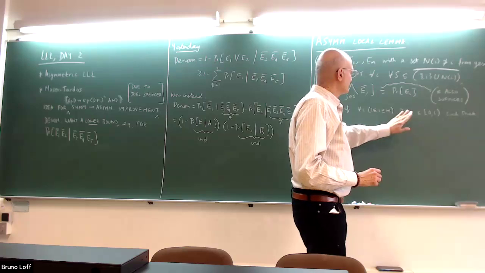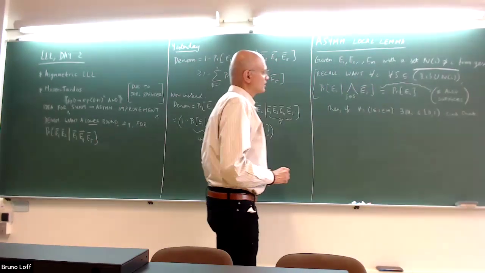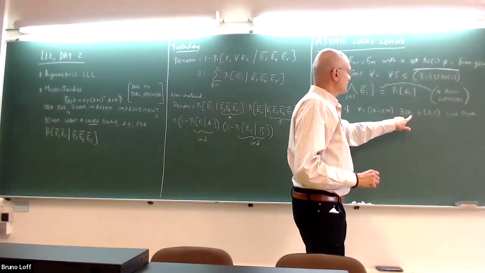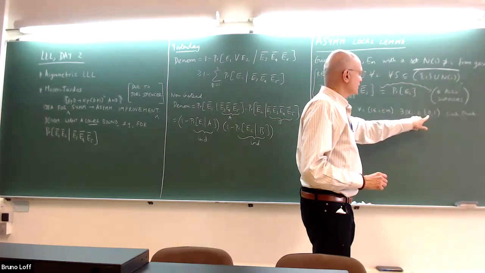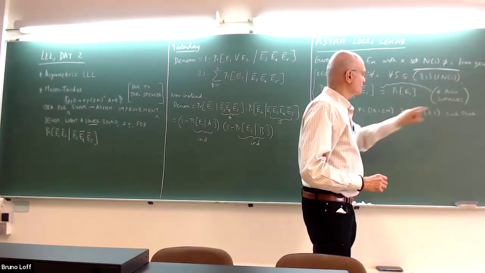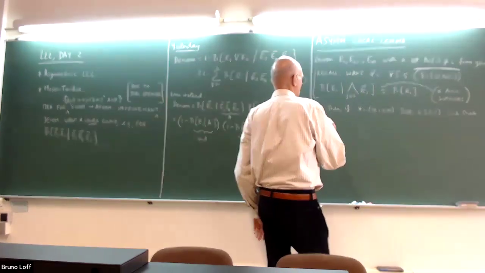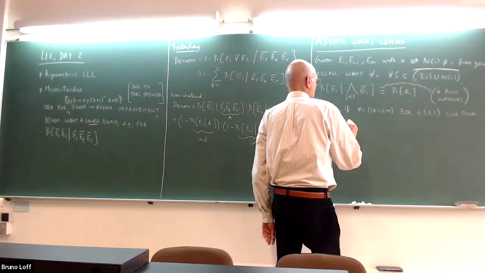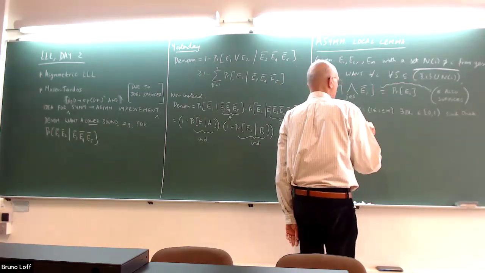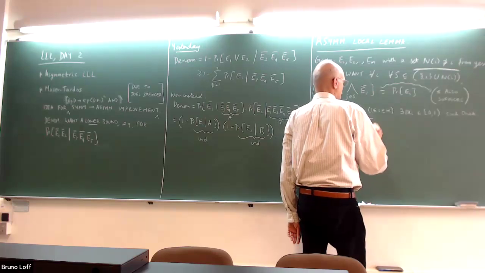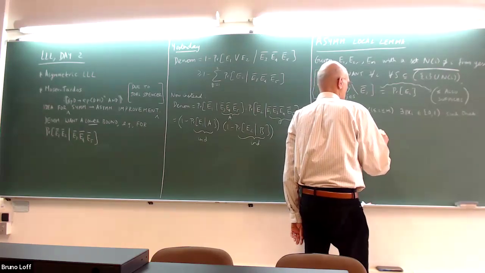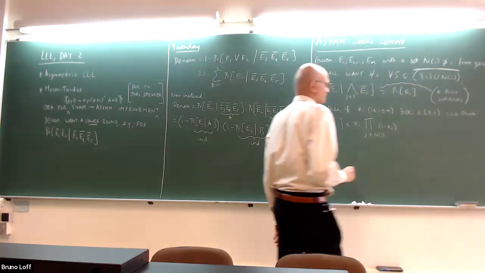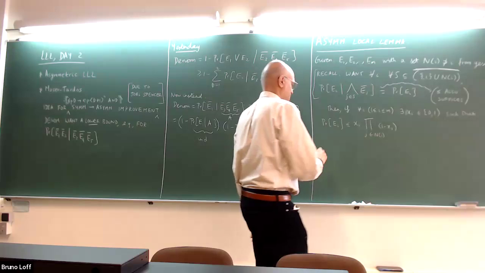Okay? But right now, what the asymmetric local lemma says is, if for every variable you can come up with a real number x_i, a non-negative real number strictly smaller than 1, such that the probability of E_i, okay, so this basically, it will be distance. This looks a little bit complicated, but